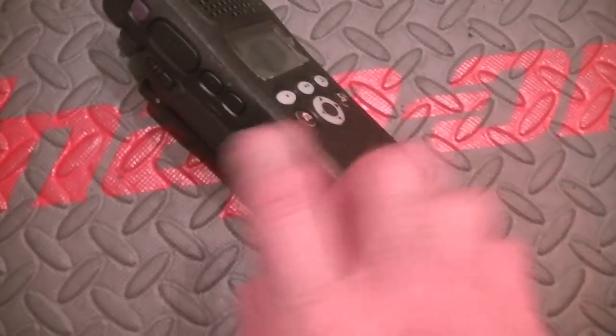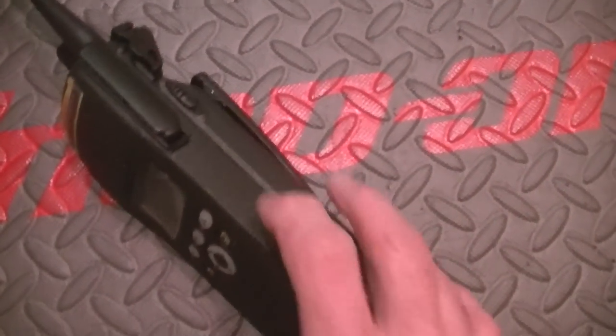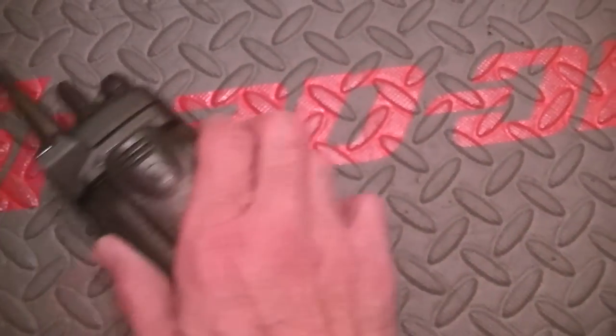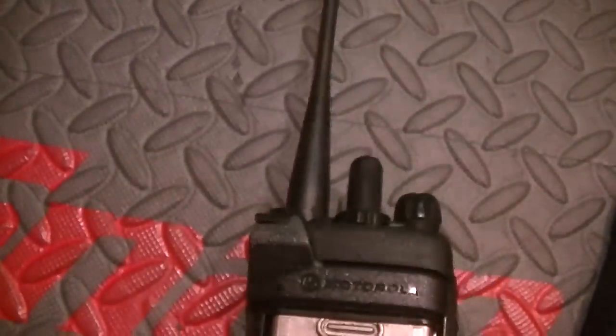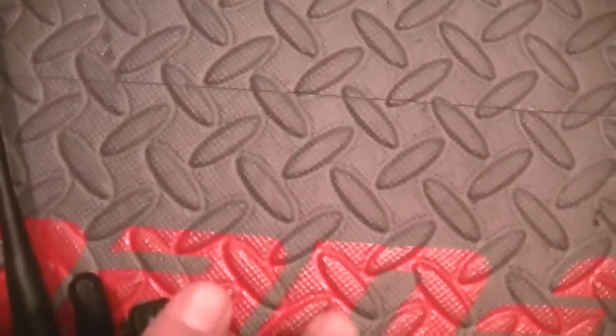Not only on here, he'll write it on here. He'll write it on here. He'll write his name. You know, take the back off and put numbers, put numbers of paint. Just goes nuts with paint pens. As you know, it's a pain in the ass to ever deal with a radio like that. But